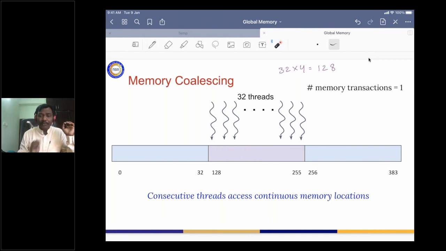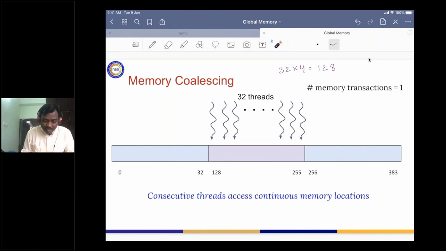The threads are consecutive, and the corresponding data elements are also consecutive. Then it is interesting for us: rather than fetching each element one at a time, all these 32 elements together form one single chunk, and we read this chunk at a time. Hence we say that the number of memory transactions is equal to 1.